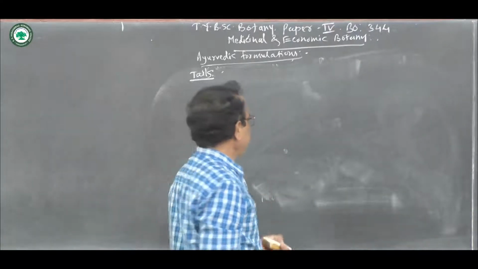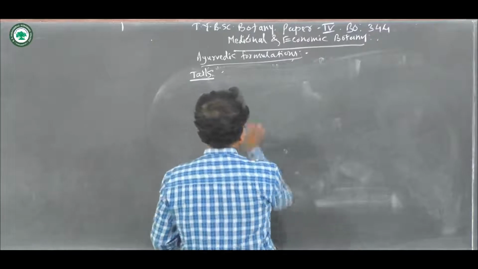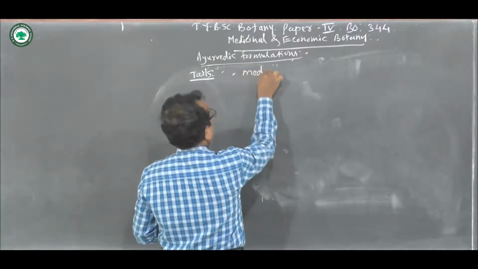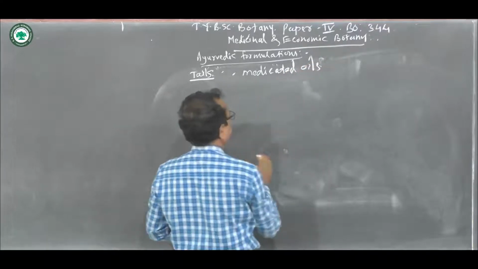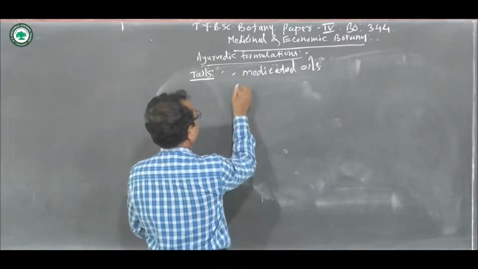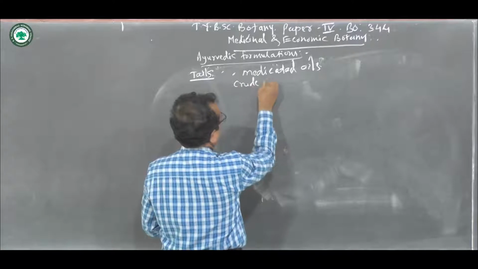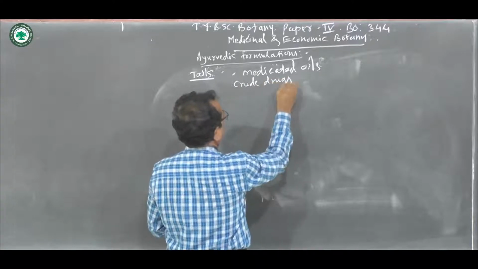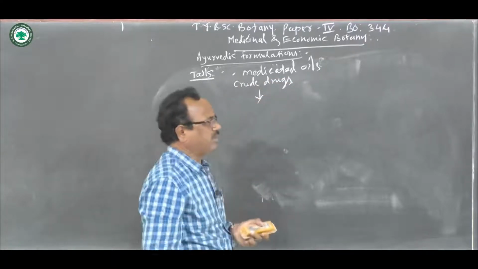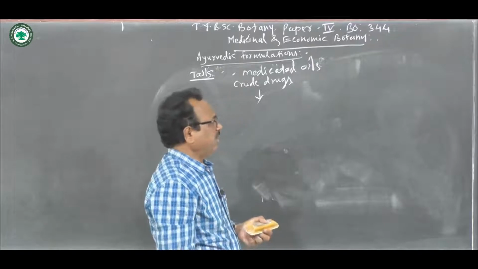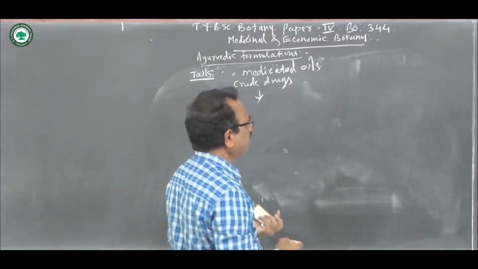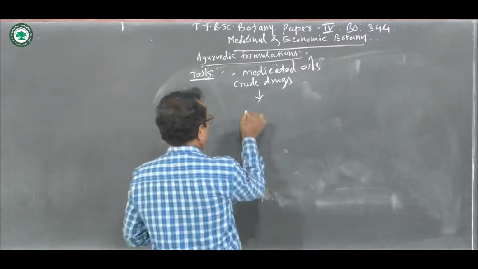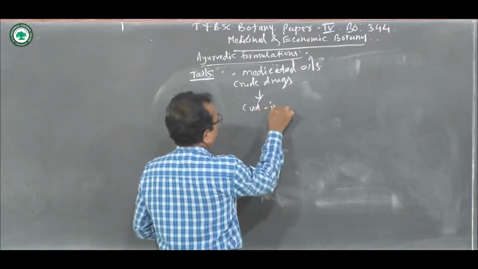For the preparation of the tails, firstly the crude drugs are taken from which we are going to prepare these tails. Then the crude drugs are cut into small pieces,